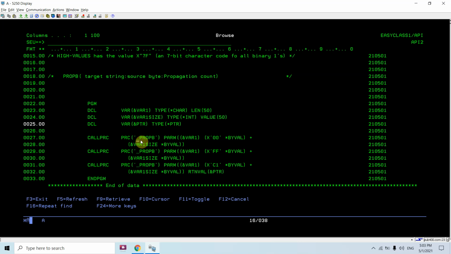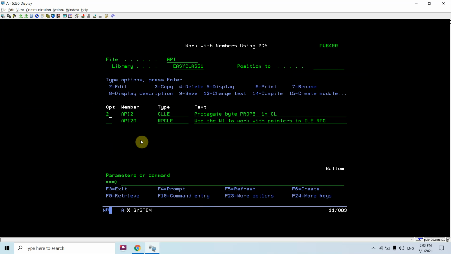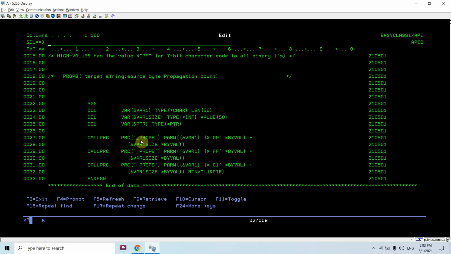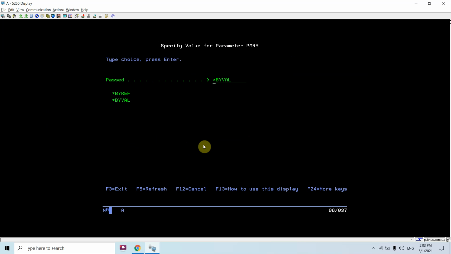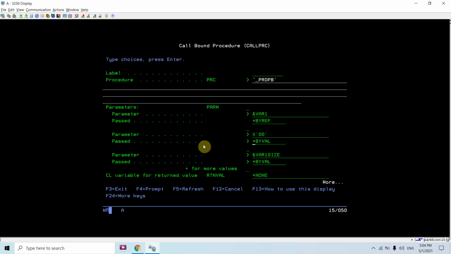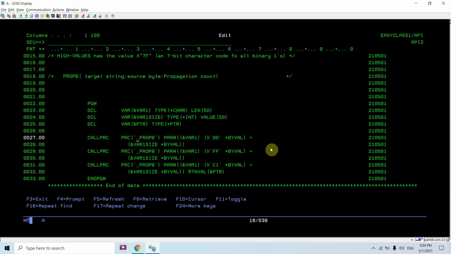just let me open this using 2. Just take F4. Here it represents basically by value or by reference. I'm passing by value, and here also by value. So I'm not passing the pointers right now.